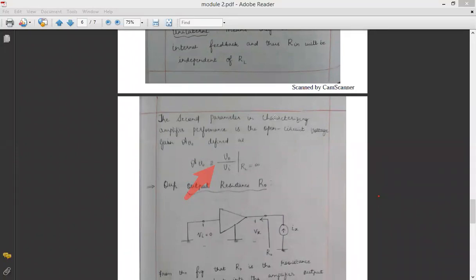Ma'am, input resistance. Okay. Then what is the second parameter we are discussing? Chaitanya Reddy? Ma'am,